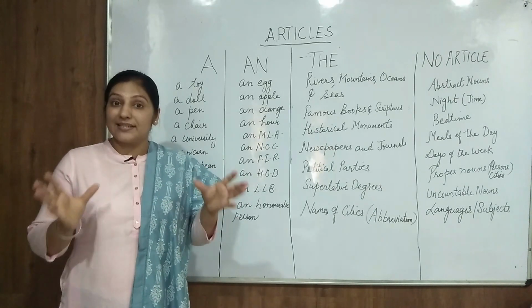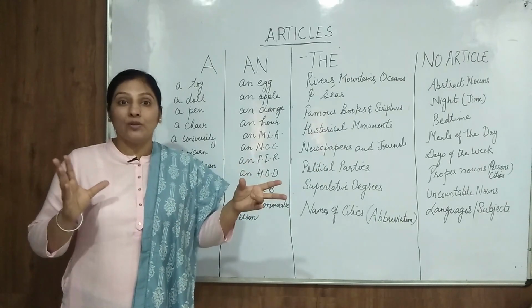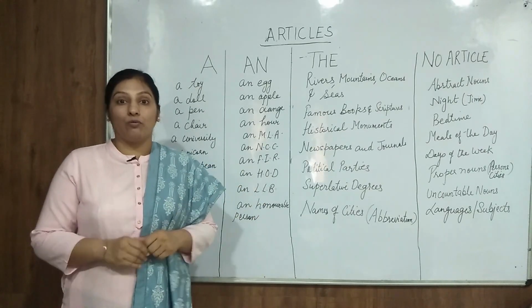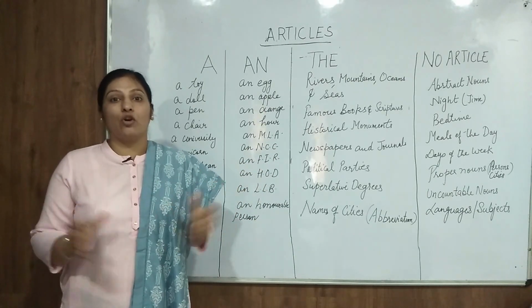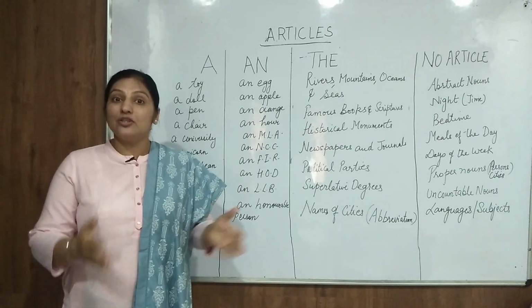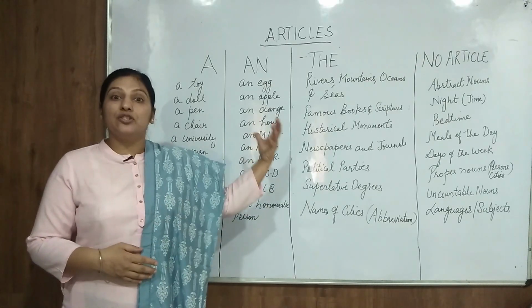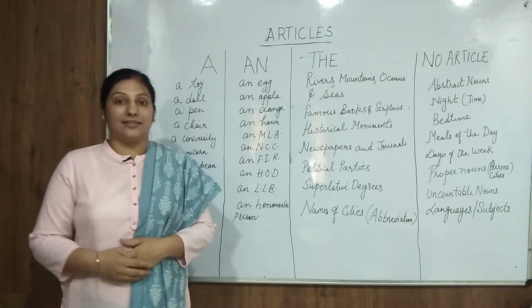And these 26 letters are further divided into vowels and consonants. And we all know as a fact there are 5 vowels, A, E, I, O, U, and the rest 21 are consonants. And based on these letters in English language, we will study our next topic in English grammar, that is articles.